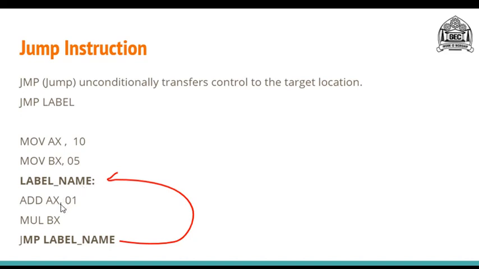And it will again execute this instruction, again execute the jump and return back to the label. So it will keep on executing this label since there is an unconditional jump mentioned over here. So it will always execute the same set of statements. But only these 2 statements will be skipped. So this is how your unconditional jump works.